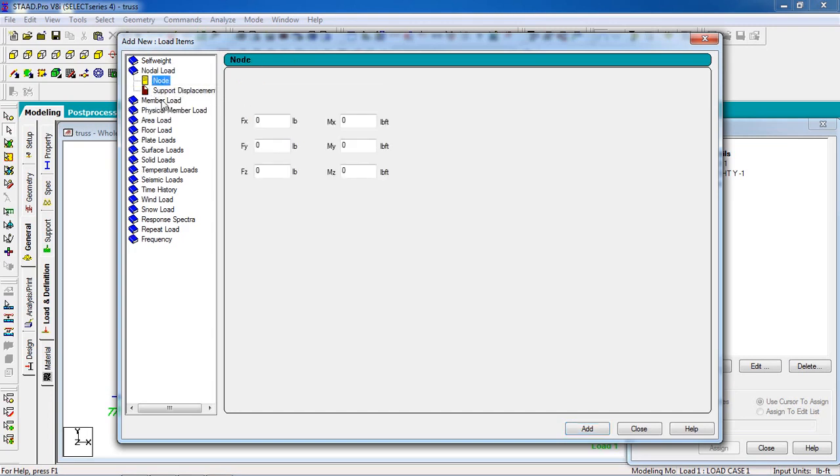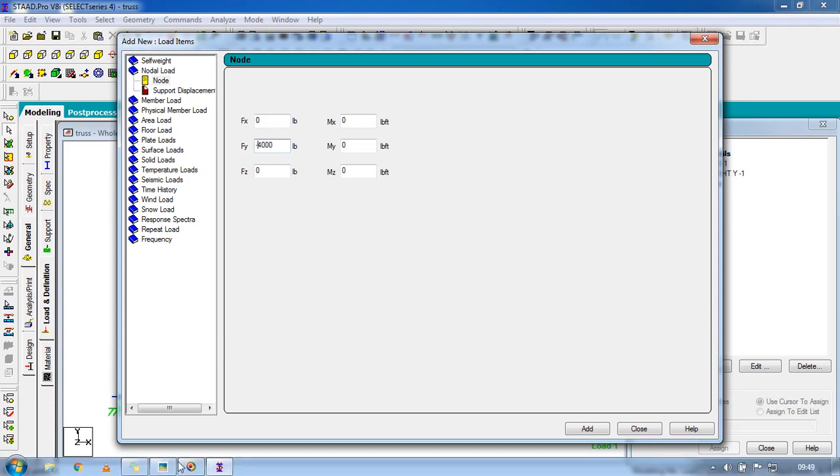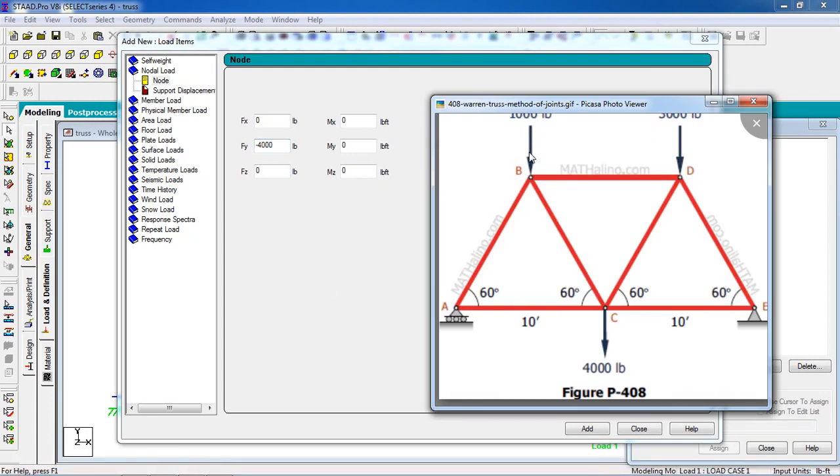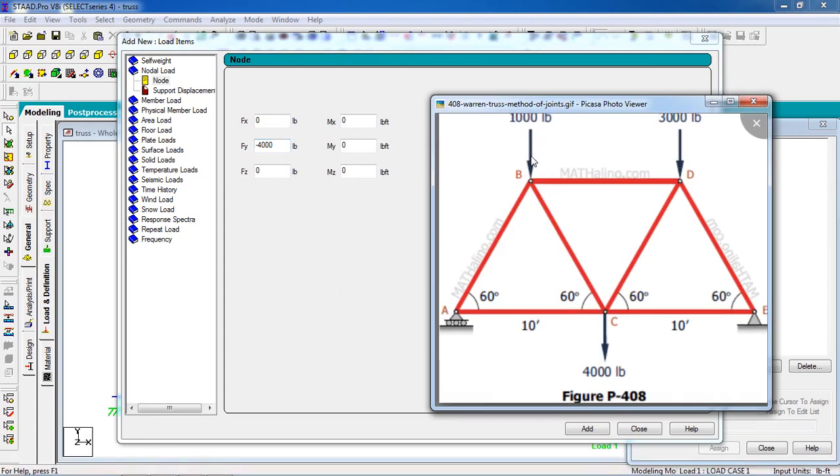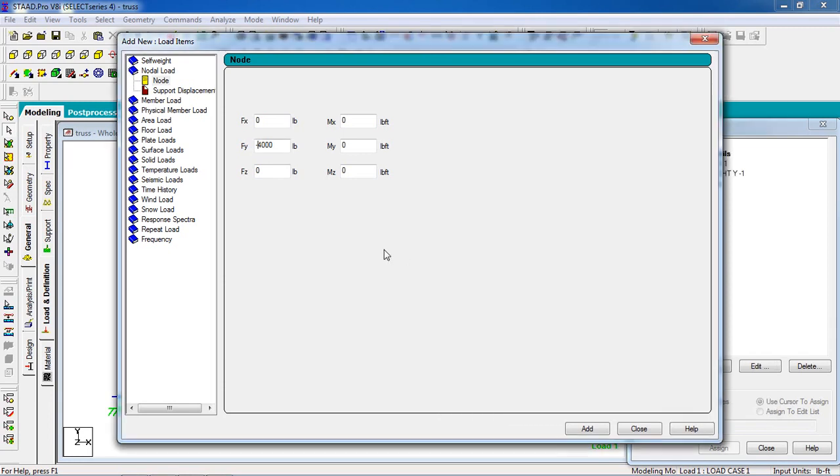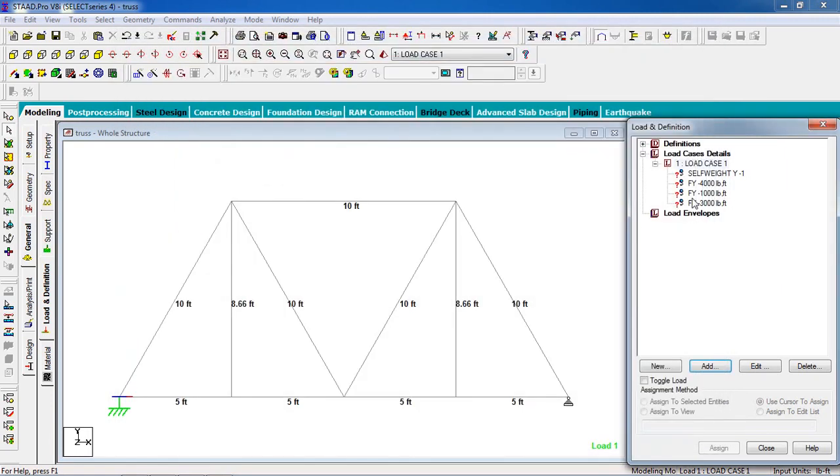Now nodal load in the FY, first is 4000, minus, because it works downward. Now add it again, minus 1000, add it, and 3000, add it, close it.